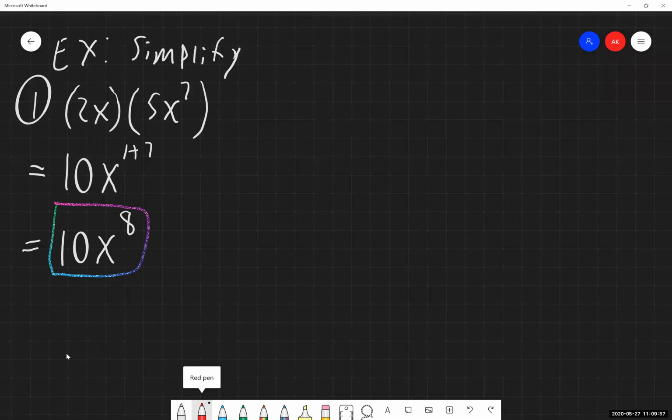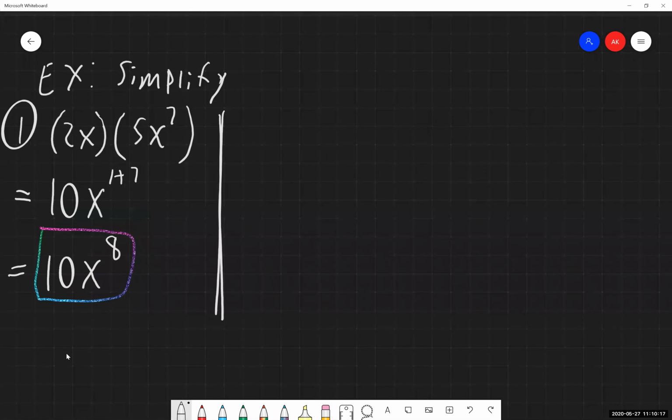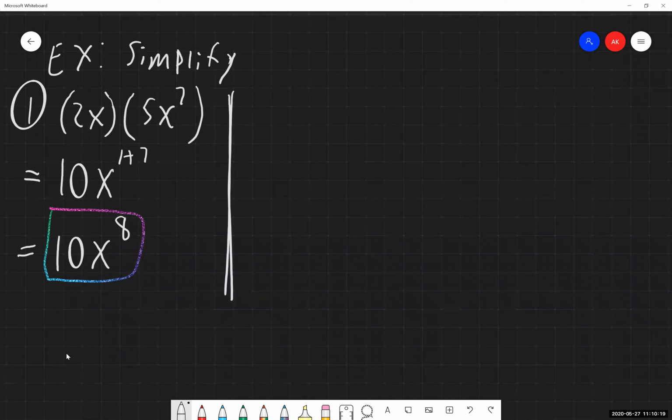In the second line of work, I wrote out the exponent being 1 plus 7. You are not required to do so. I'm just showing that extra step as a bit of a refresher from what we did yesterday, and to see where we get that x to the 8th coming from. But again, you do not need to do that. If you can keep track of that stuff in your head or as you're going through it on your own, that's fine. So our second example, a monomial times a monomial.